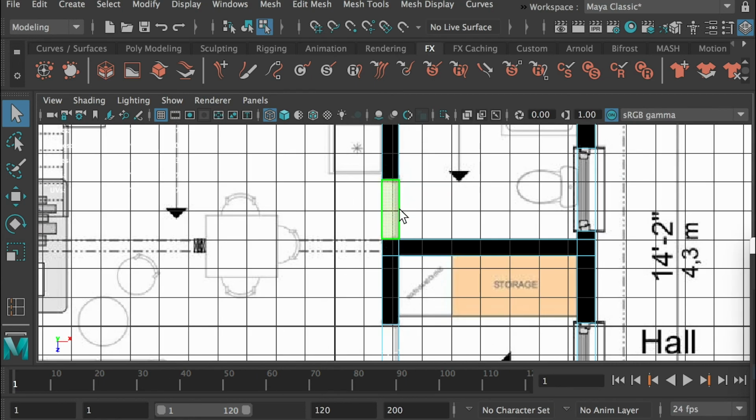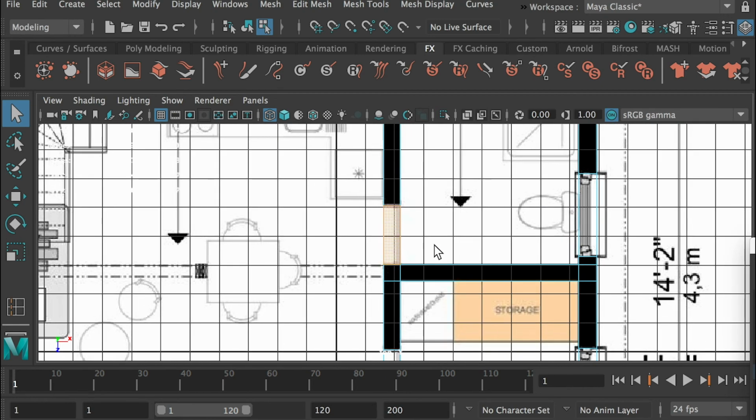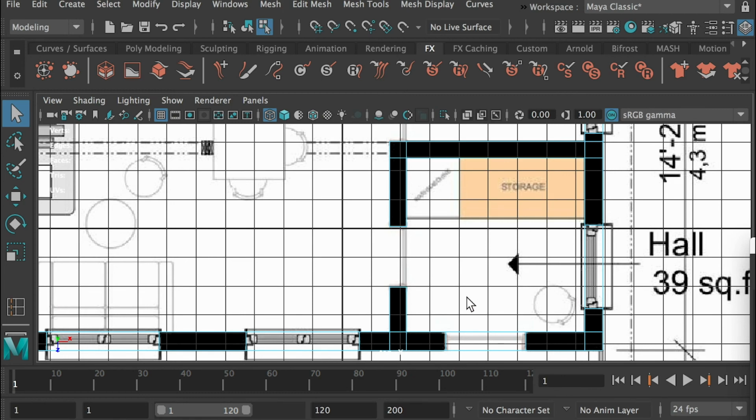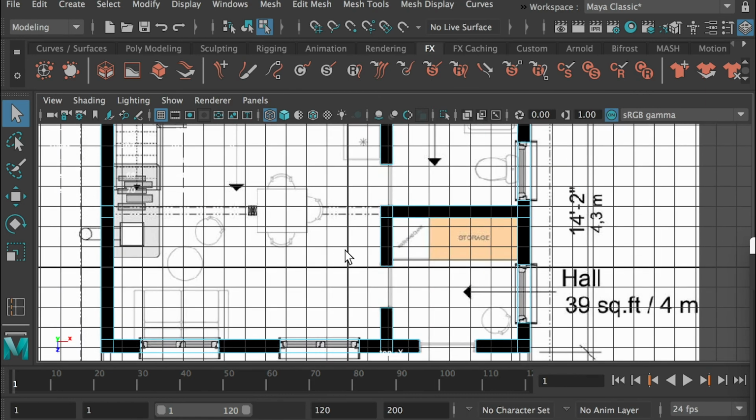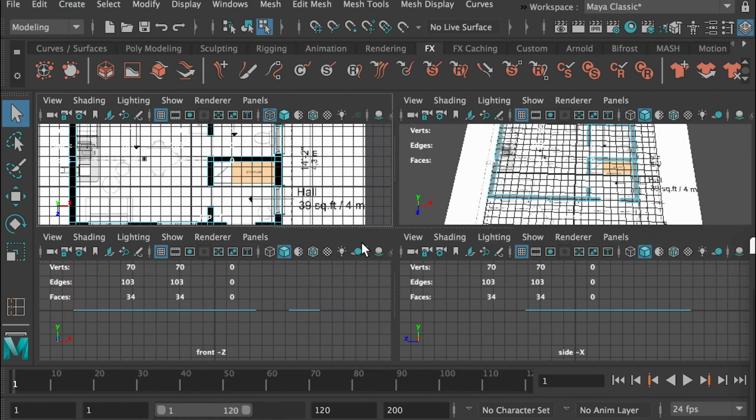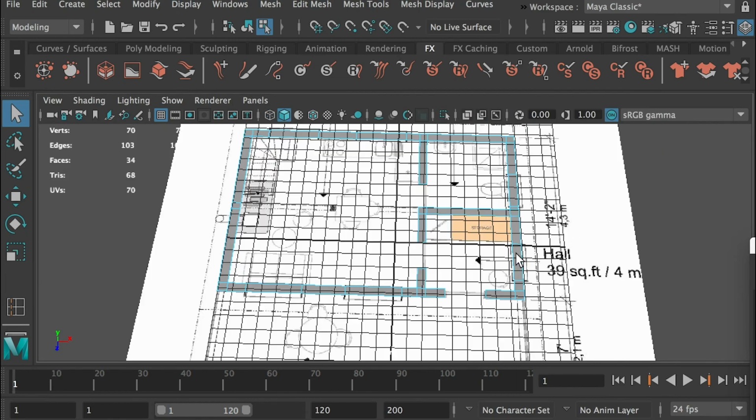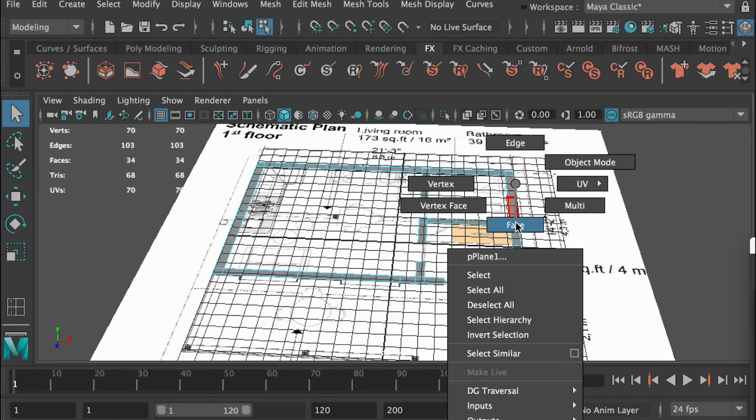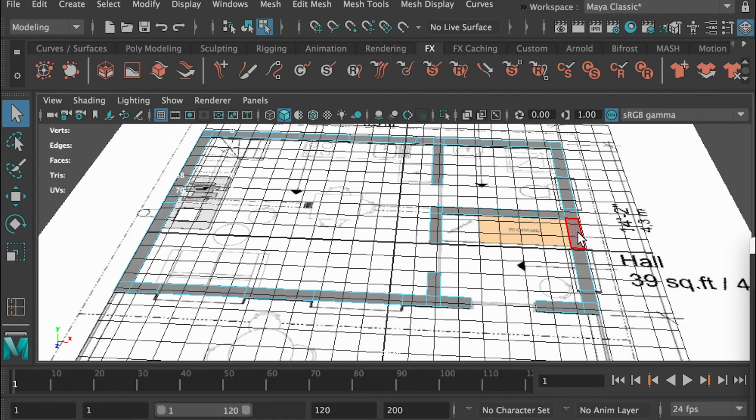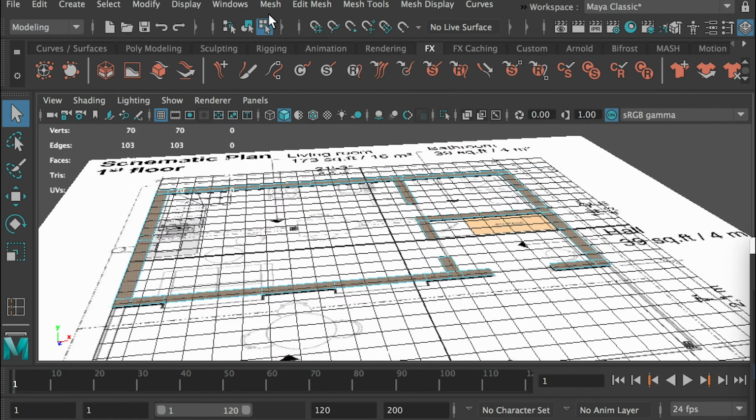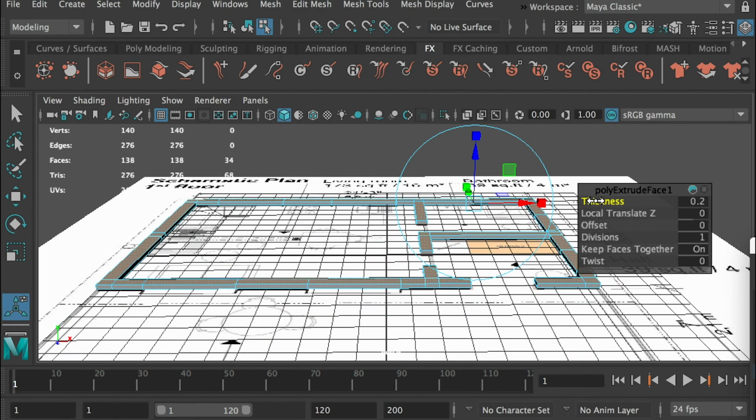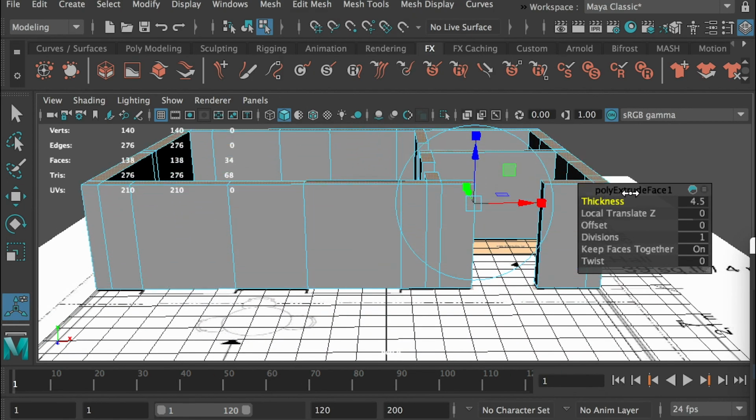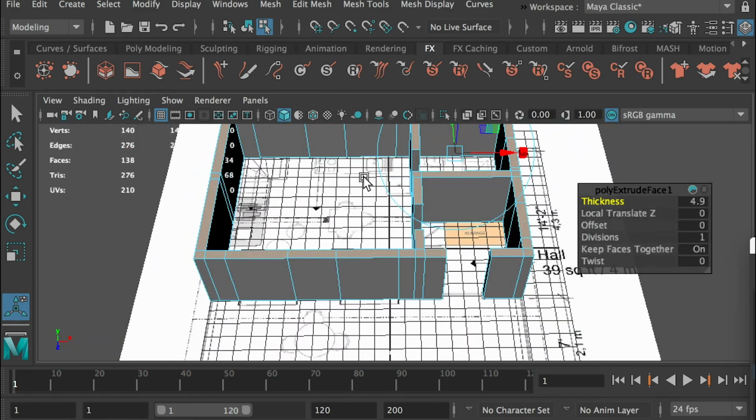However, for the door, just delete. Okay, and here for the door, delete, and here delete. Okay, so now we're good. You can hit space key and space key again, go back to perspective view, and then go to face selection mode and double click on all the faces and go to edit mesh and extrude, and then we can increase the thickness here. Let's see, for our reference image,